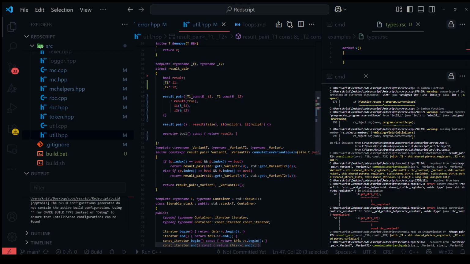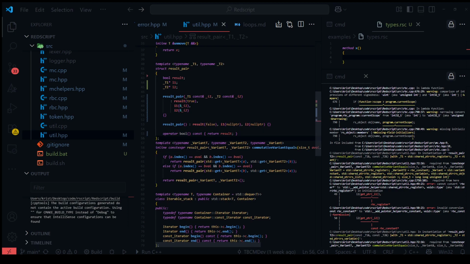It needs to be passed by reference or by pointer. So it's stored in a shared pointer. And if you look at this, commutative variant equals works fine, but it returns a T1 pointer, and T1 could be a shared pointer to something. So that's a shared pointer. And this works fine. And I don't want to change this at all. I know a shared pointer is bad, but again, there's no way I can get around it nicely. This is general purpose.